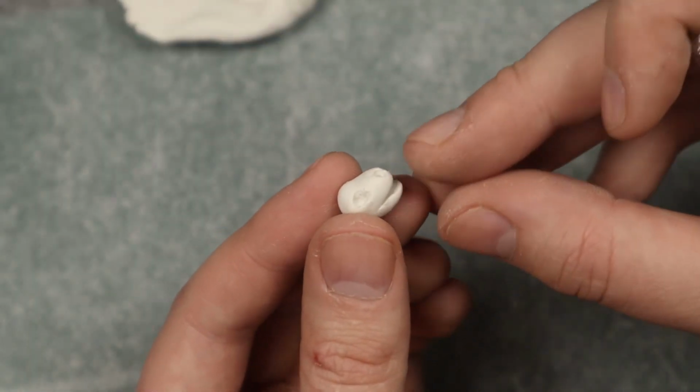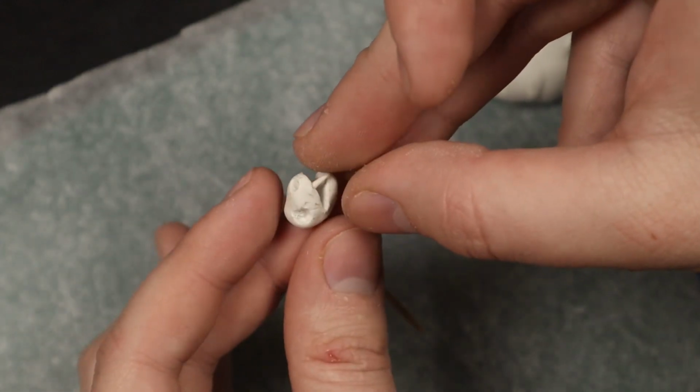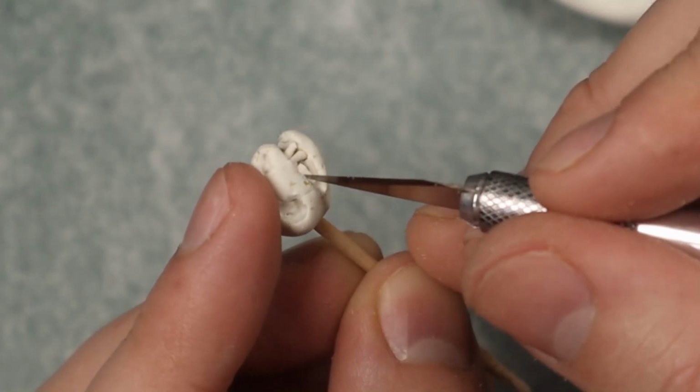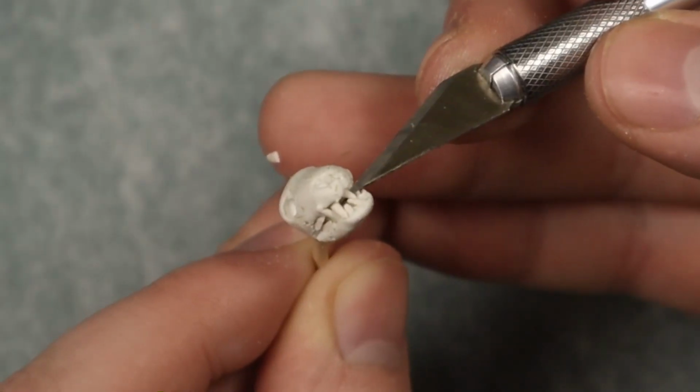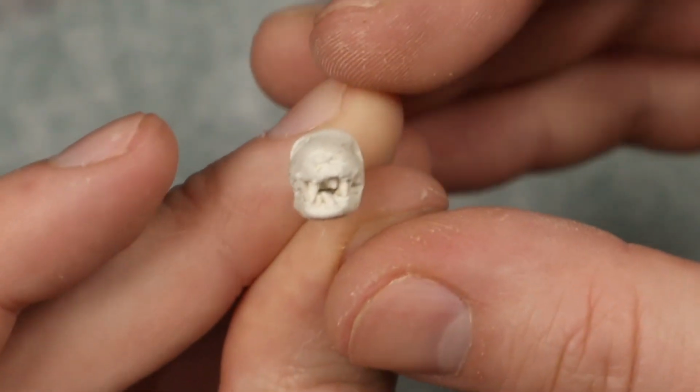The knife was good for that. I stuck the head on a toothpick and started on the teeth. The teeth you're seeing Rebuild fumbling around with were just pre-baked clay segments. I just worked at it until I got at least a few teeth in there, and it came out fine,